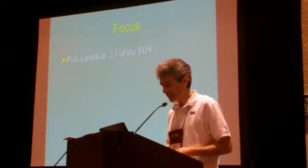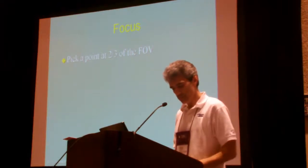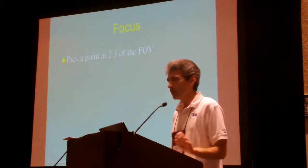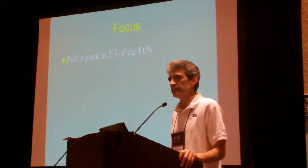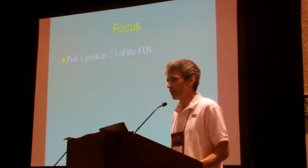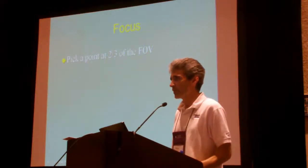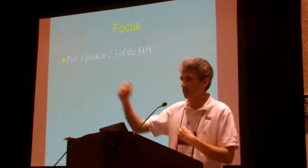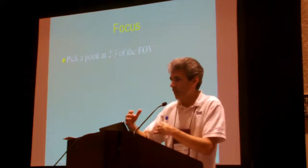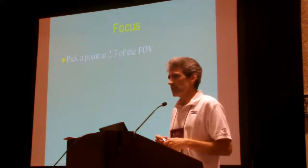Focus is the next issue, which is two thirds of the way through the field of view. A lot of people think, well, I'm going to pick a point right in the middle because I want the focus to be as good as possible across the width of the finish line. The thing to consider here is that